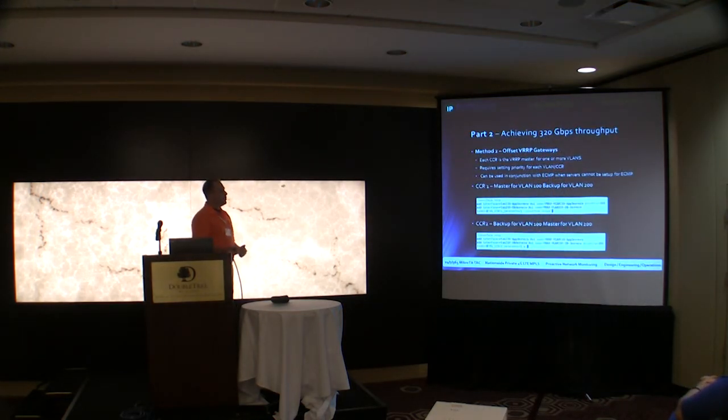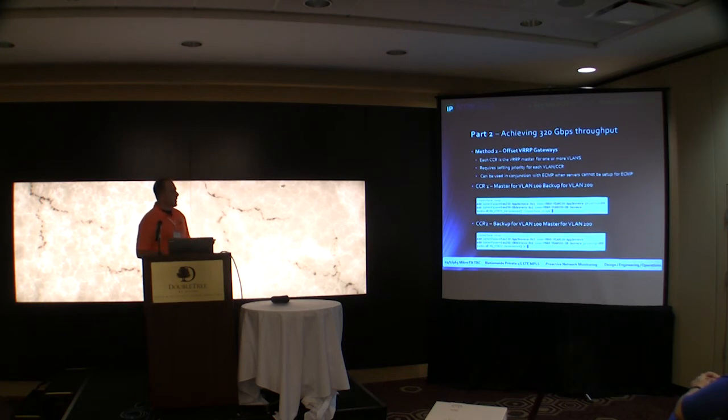One of the other ways you can do it, and it's not quite as effective and it's not going to get you the same numbers, but if you don't have the ability or really don't desire to run routing on your servers, one of the other things you can do is run what we call offset VRP gateways. So we'll say, for the sake of argument, to make it simple, we have two CCRs we built in our test network, and each CCR is the VRP master for one or more VLANs. So in this case,